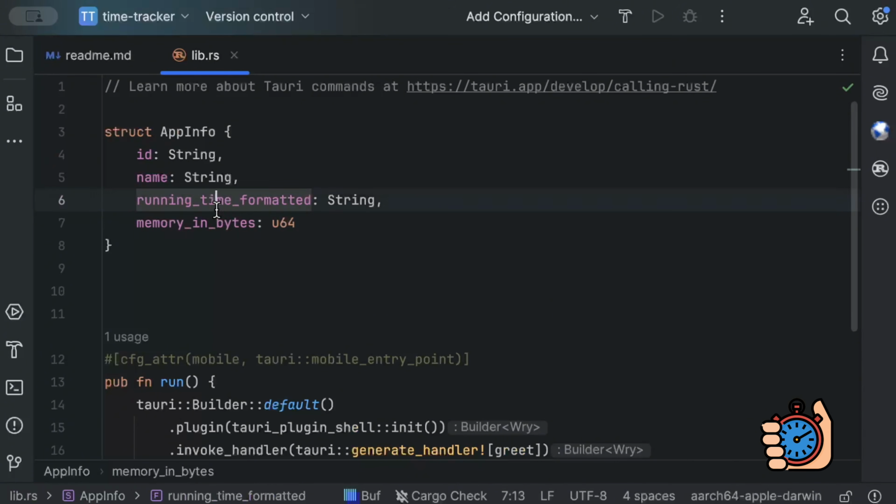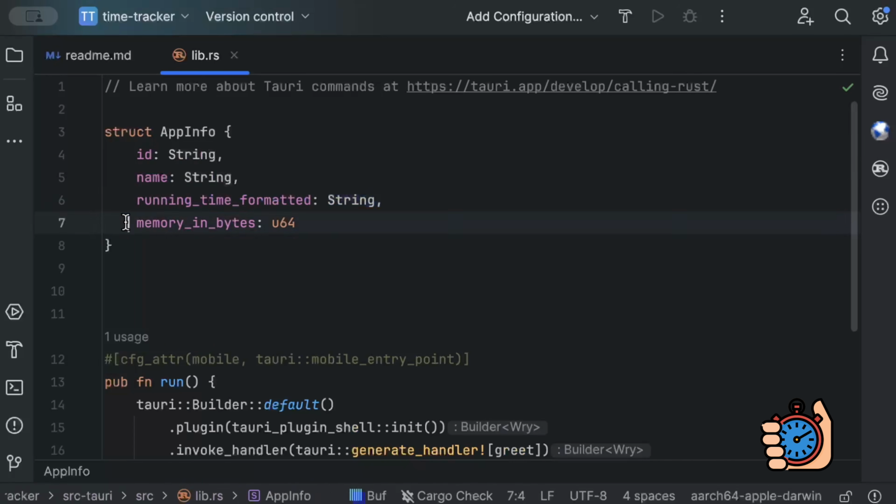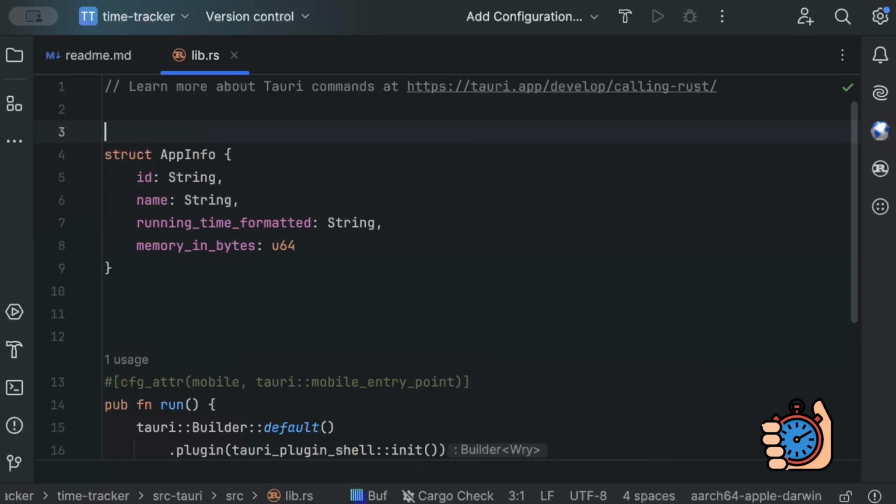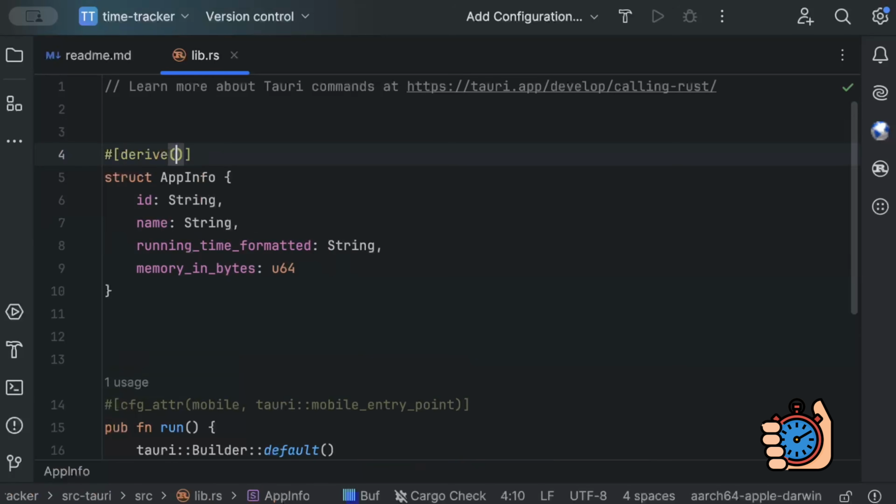So we'll be providing two features for all the apps that are up and running on our machine. We'll show since how long they are up and running and how much memory is consumed. So you can also add additionally the CPU consumption as well, but I'll just stick to the two features that we need. Derive,